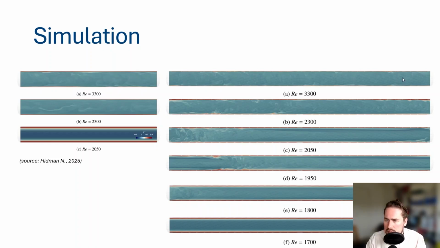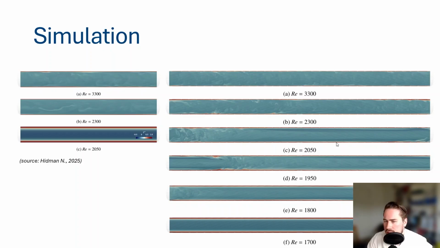We see the pipes in the background, but it's also fully developed. 2,300 as well. But then there is a difference at 2,050, where the smooth pipe is fully laminar, but here we see the edge effects of the fins, which induce turbulence,